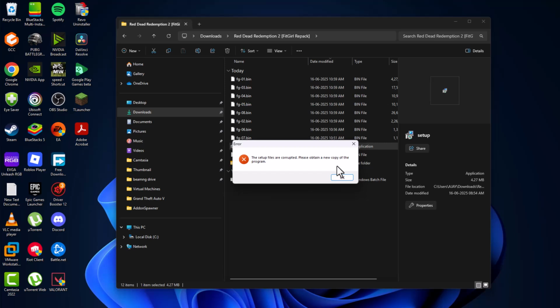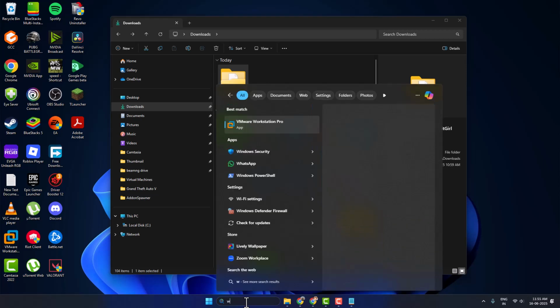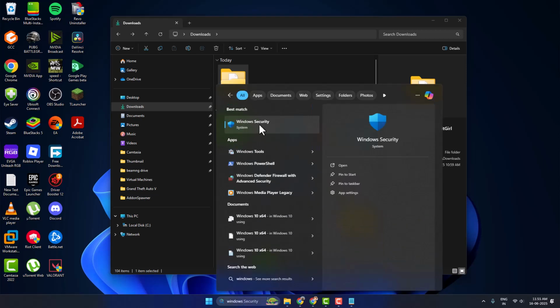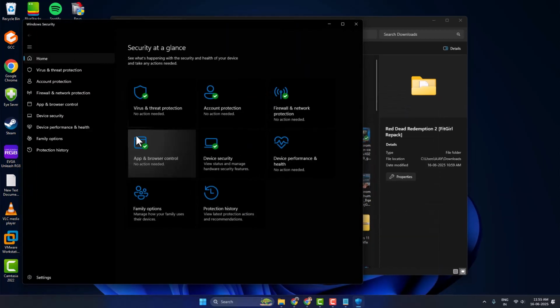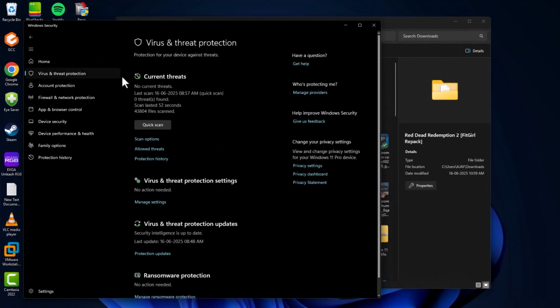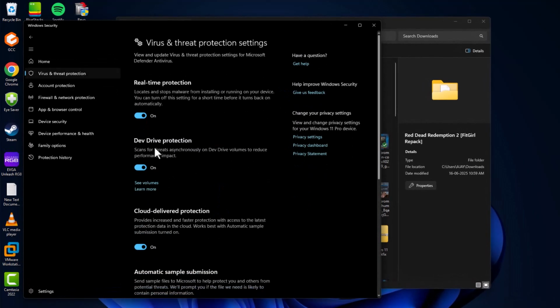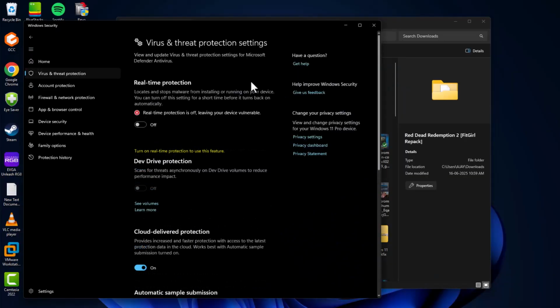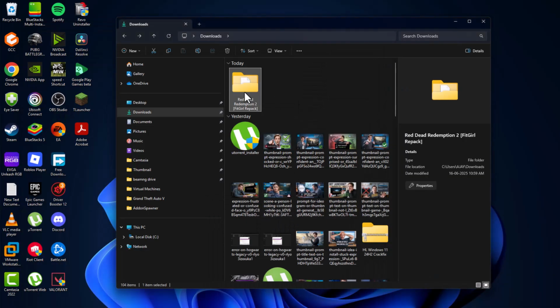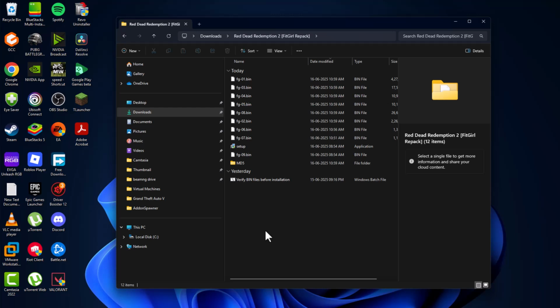Today we are going to see how to fix any Repack game installation error, setup file or broken. Let's fix it guys. You just need to go to search menu and type Windows Security. Click on open it. Select virus and threat protection and select manage settings. Turn off the real-time protection and just minimize this page and double click on the game folder and you can